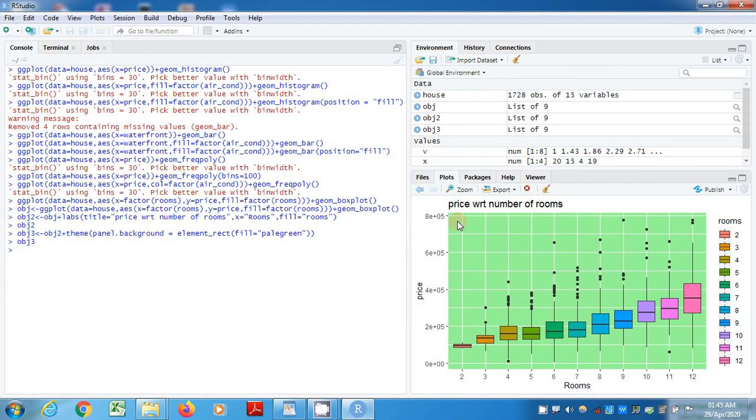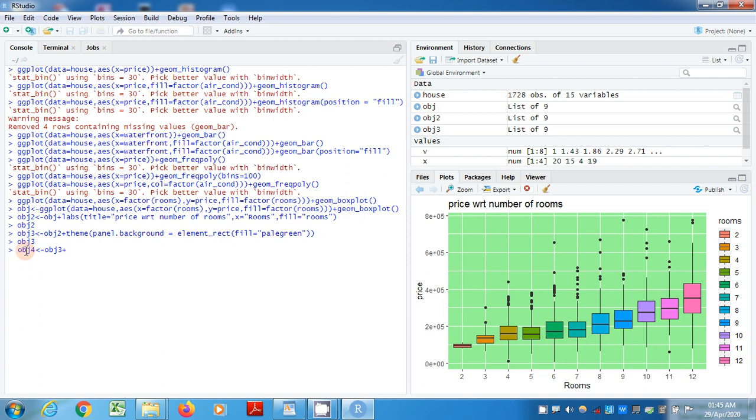This is the previous picture, this is the new picture, and if you want to change the title also, the title has to be in the center and in some color. So for that, obj3, no, obj4, one more new variable is equal to